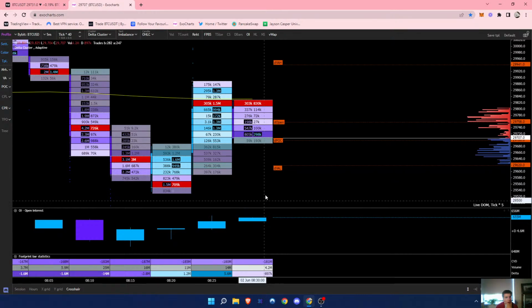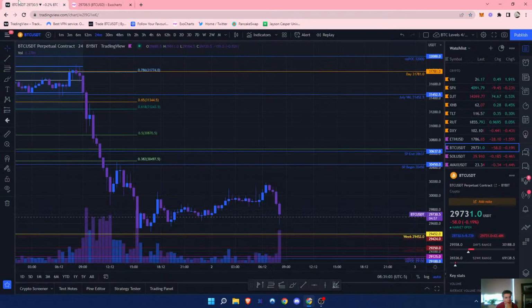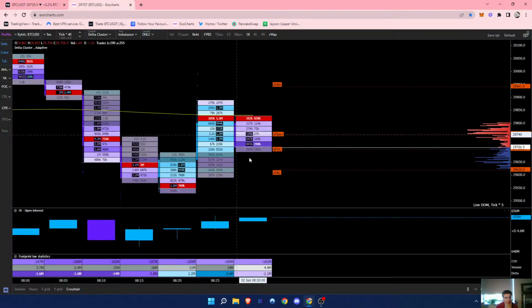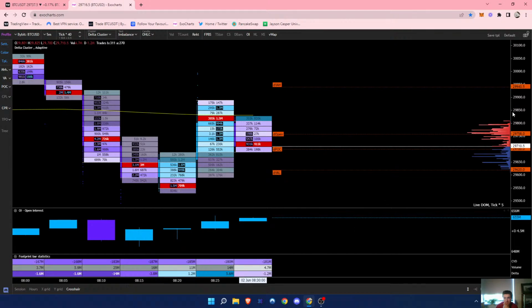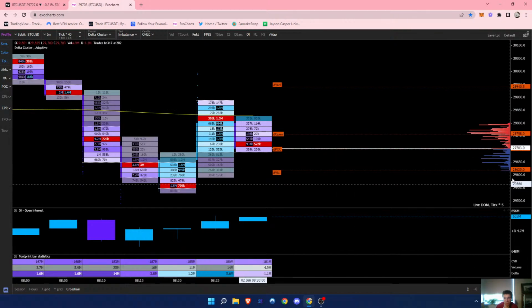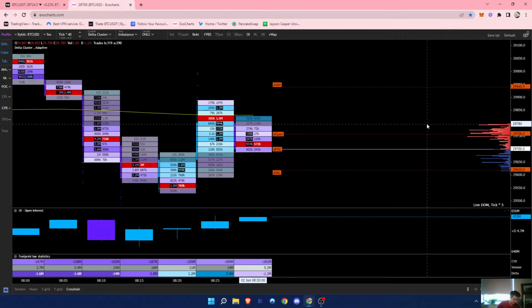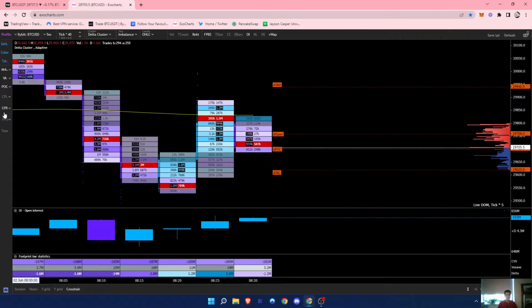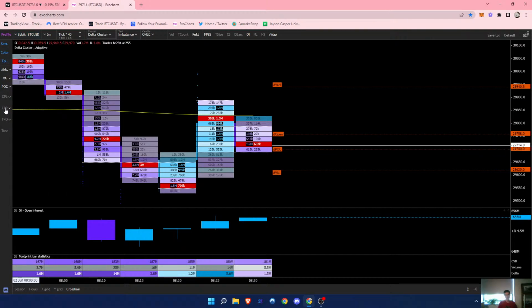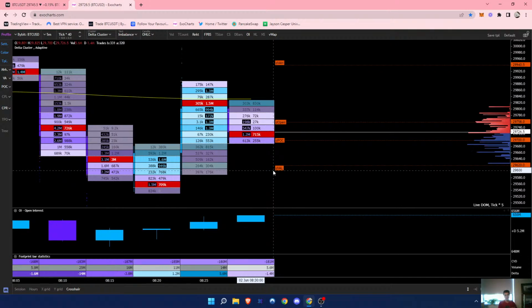On TradingView, I just mark out my levels, and then I execute on Exocharts. I don't really look at the order book too much. As a beginner, I turn this off right here. You can do that by going to the CPR and, on the left-hand side right here, clicking it on and off. But